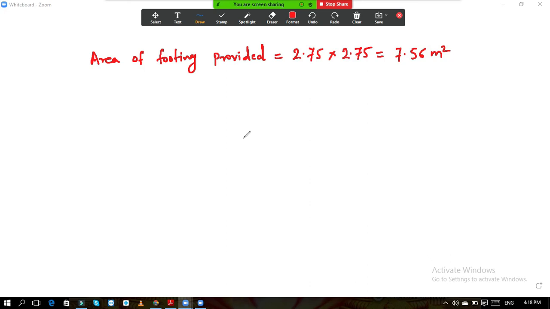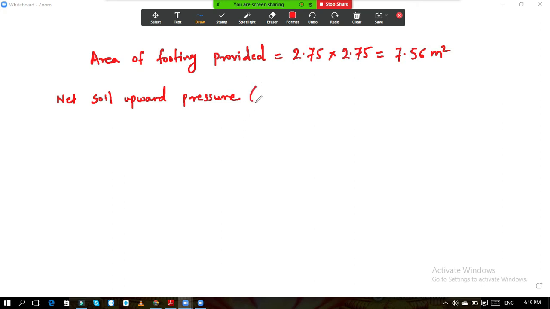So now after this we will calculate the net soil pressure intensity. Footing is directly resting on the hard strata, that is, it is resting on the soil. So from the soil also there is a pressure which is acting on the footing. That stress intensity also is required to calculate. So I will write here net upward soil pressure. This also we need to calculate.